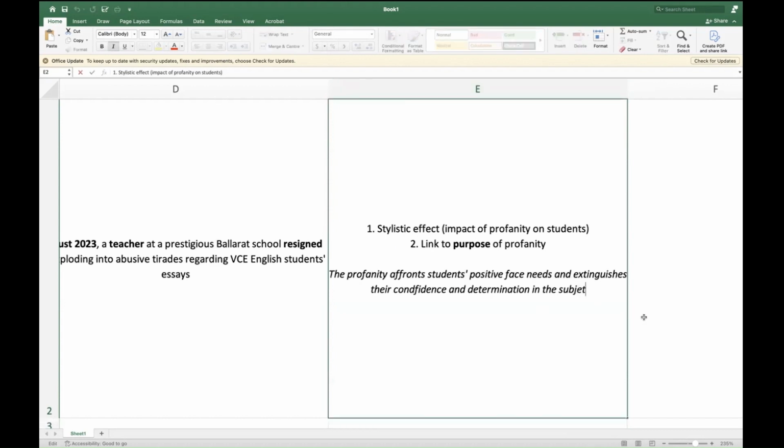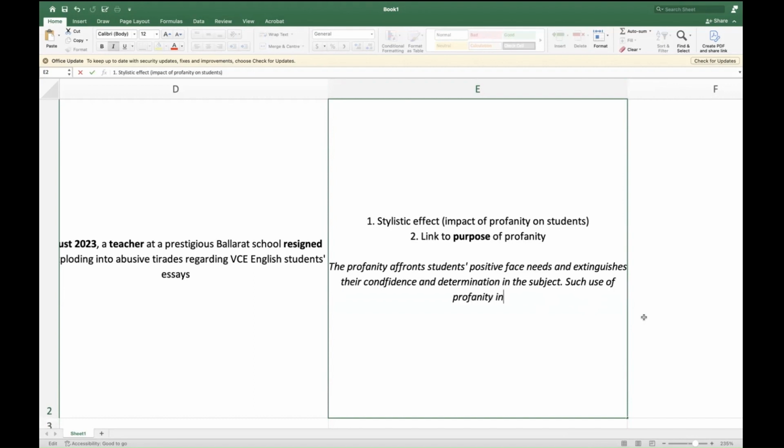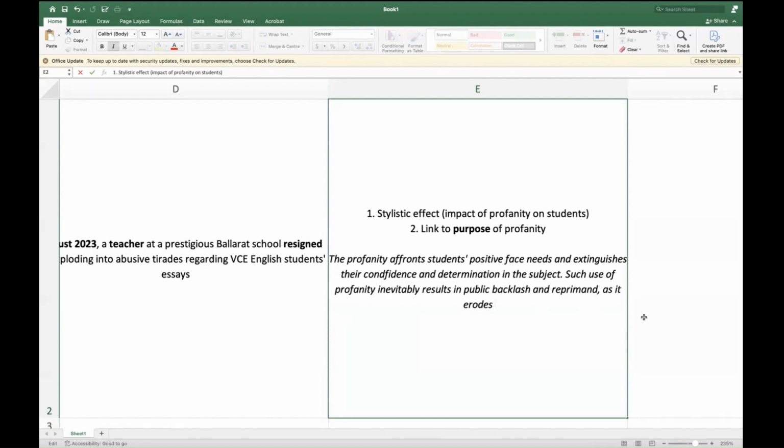You can say such use of profanity inevitably results in public backlash and reprimand, basically a criticism, as it erodes the professional tenor between teachers and students.